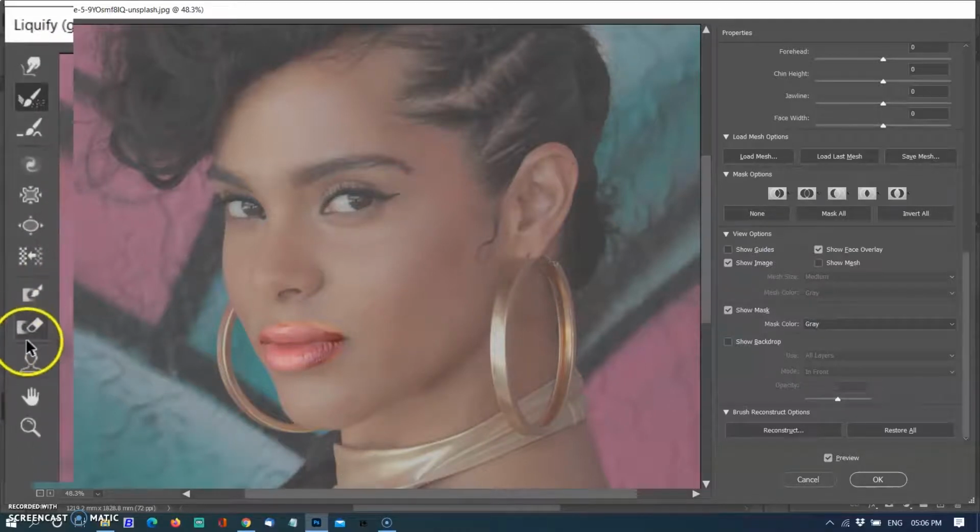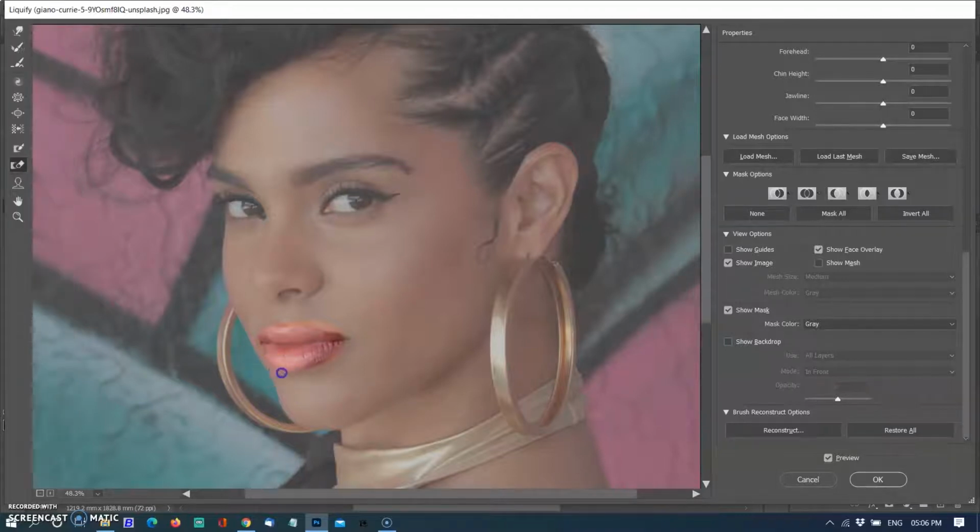We have another tool, Thaw Mask. This tool is the opposite of the Freeze Mask. Brushing the Thaw Mask over the frozen pixels will unfreeze them and allow them to be altered. Pressing Option or Alt will switch between the Freeze and Thaw masks. Now I am painting over the area that was left, and the selection is much wider now. It's great. Only the lips are edited without affecting the rest of the image.